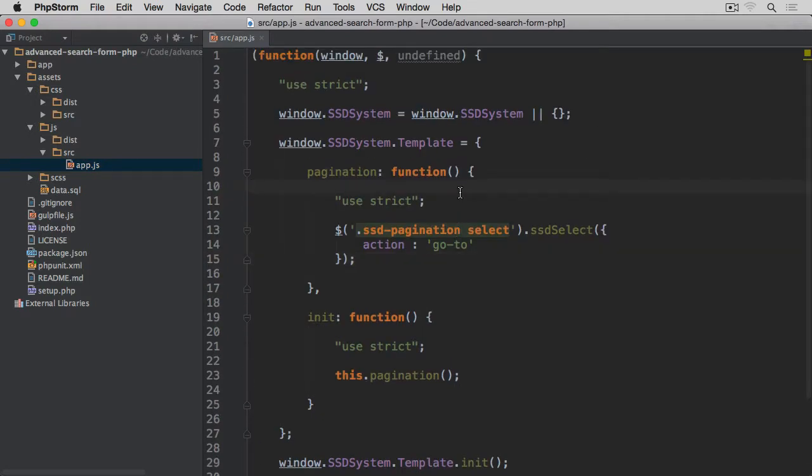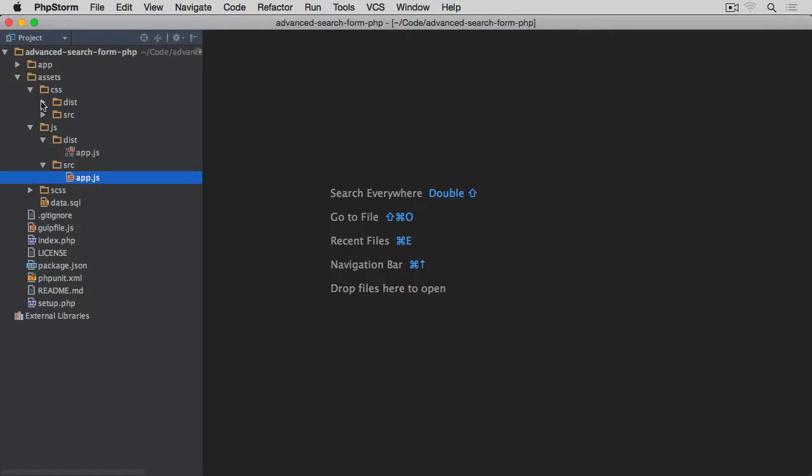If you need to add any extra JavaScript, you can use this file or create another one and include it separately. Entirely up to you. The only thing that we needed actually for this specific course is this SSD select jQuery plugin, which I've written earlier, and it allows us, when you select something from the drop-down menu, which in our case is going to be a URL to the page, to take you to that page, and that's all we are using during this course. And then in the dist